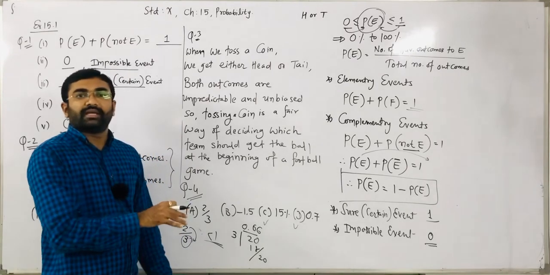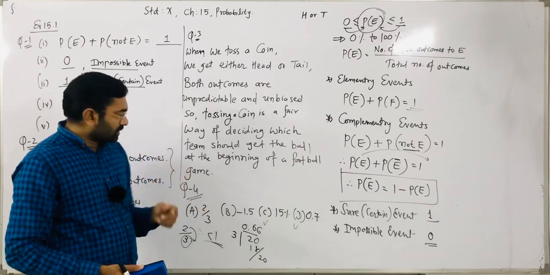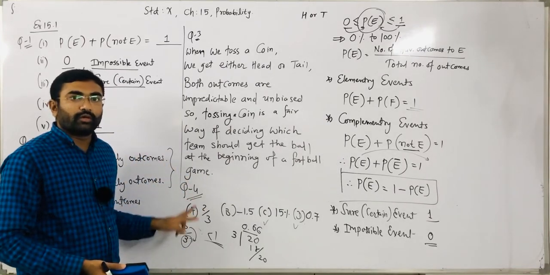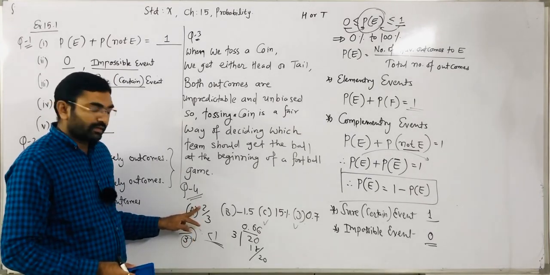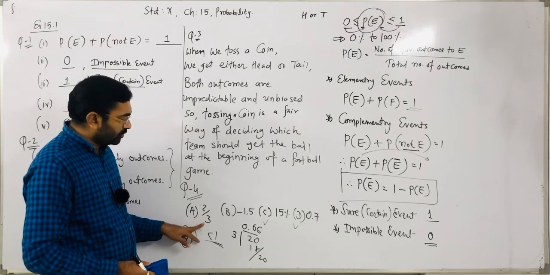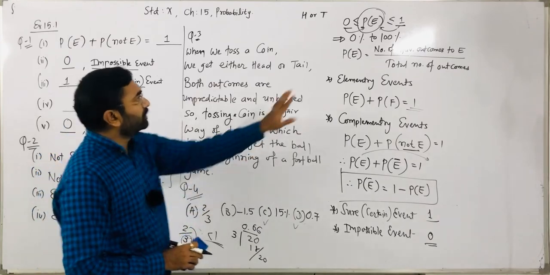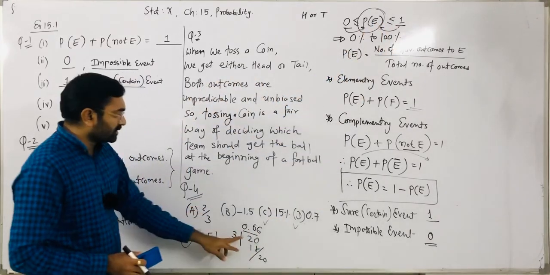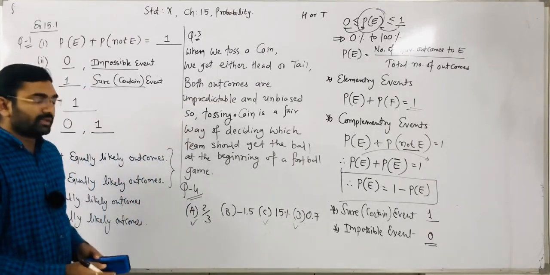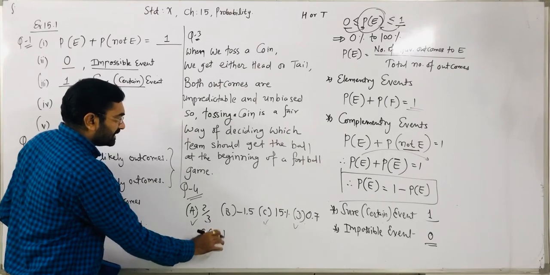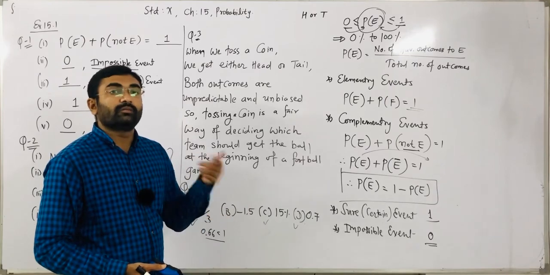And in chapter number 15, in all the remaining questions' answers, whenever you write in numerator upon denominator form, your denominator is always larger than your numerator. Okay, you have to remember that thing. Always your denominator is larger than your numerator, because we want our probability of an event value to always be less than 1. Then it is possible. Okay, so this one we can also say is a probability of an event because its value is 0.686, which is less than 1. So as per the question, which cannot be a probability of an event,